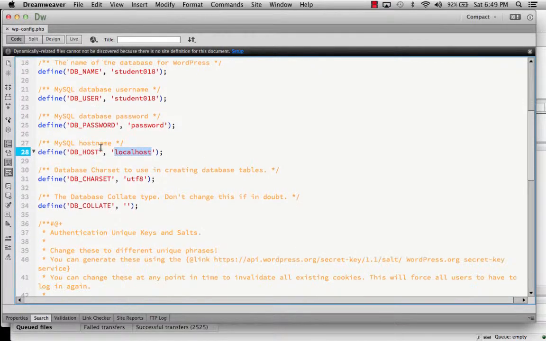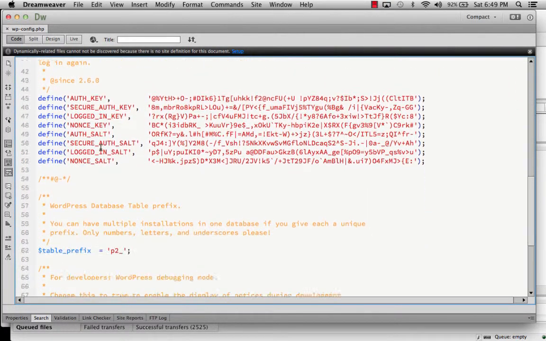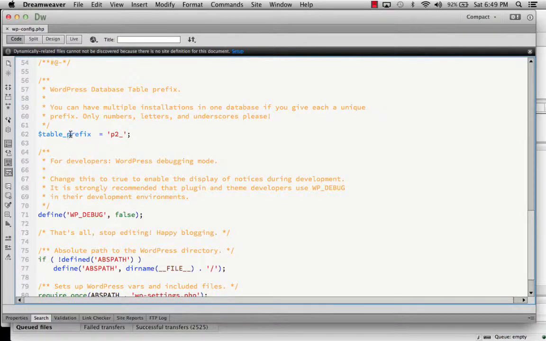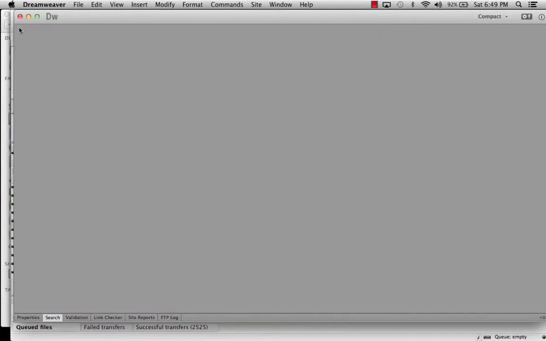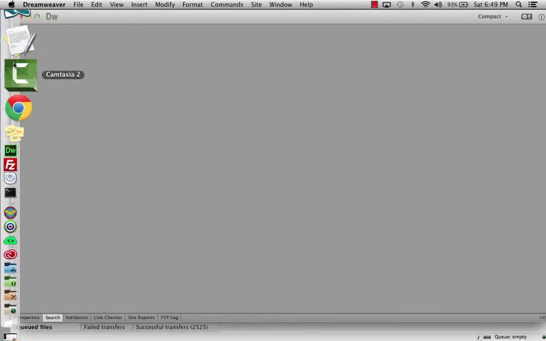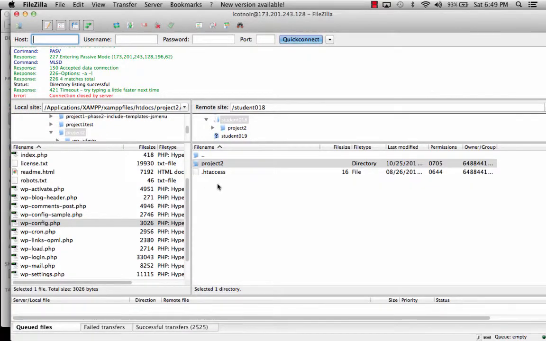So the other thing too that you lastly would want to look at, if you scroll down, make sure that it's working, is you need to make sure that your table prefix is set to be the same on the server version as it is on that local version that you were using, or whatever's going to work with your tables. So let's close this out real quick, and instead I'll go back to FileZilla,